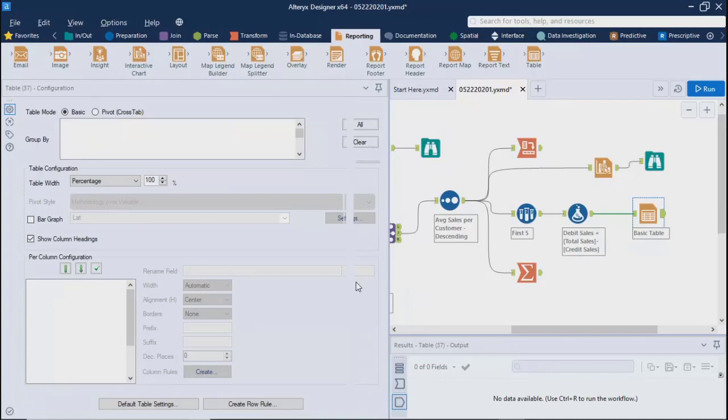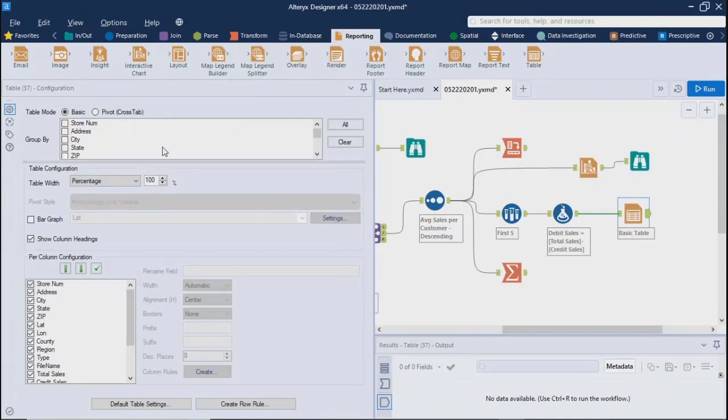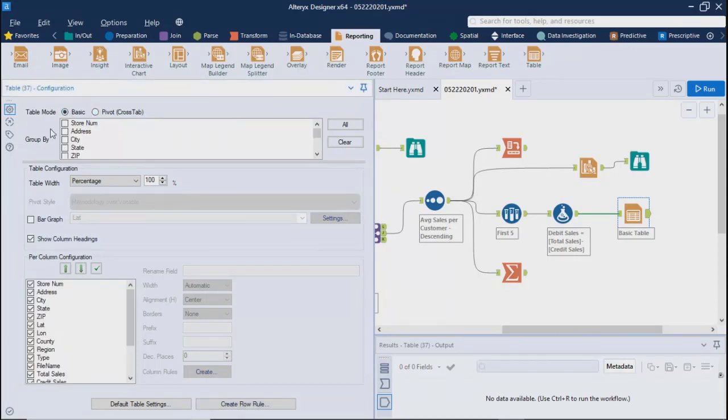Hey, what happened, guys? Speak up. Just looking for some options which we can use to create a basic table. Or if it is a cross table, you can do that also. Let's do it. So for the basic table, what things do you want to group by? Over here is the group by option, and you can also create bar graphs and all that. I'm not focusing on that right now.